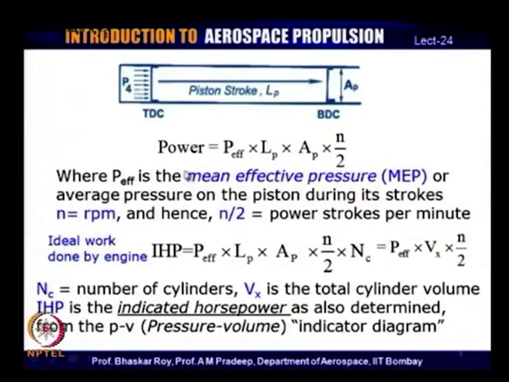So, a mean effective pressure is defined. It is not one single pressure. It is the mean effective pressure between this point and this point during the traverse of the piston, and this is often defined as mean effective pressure or MEP